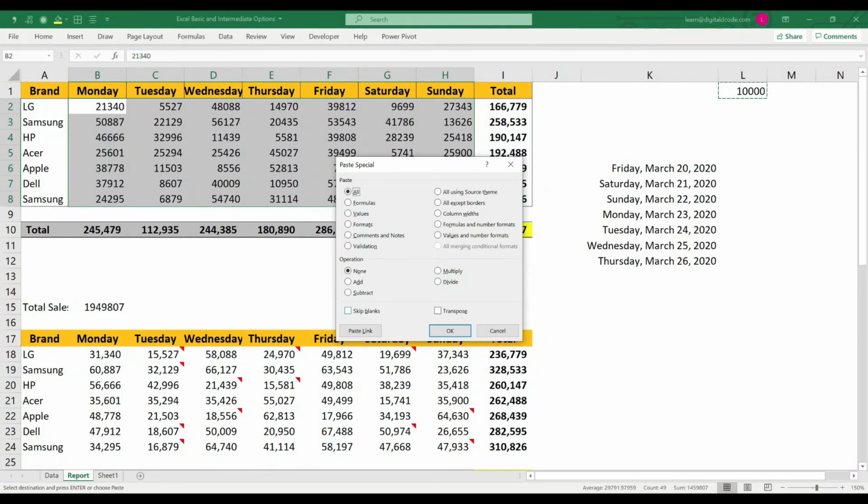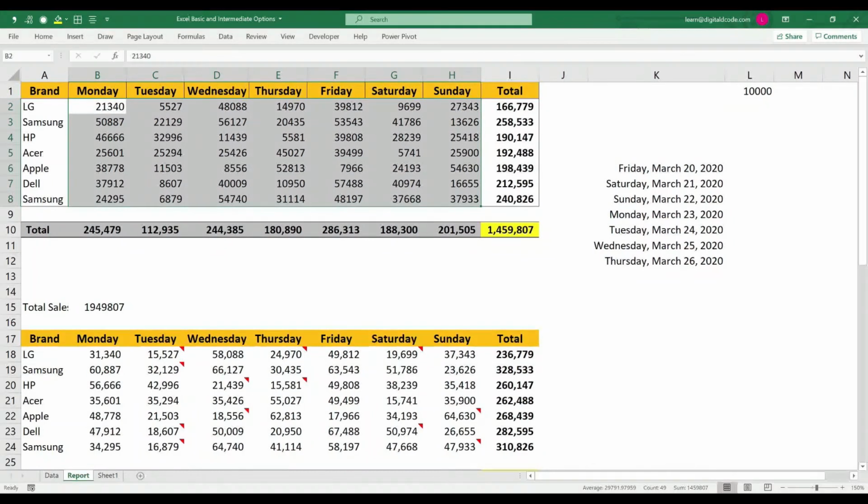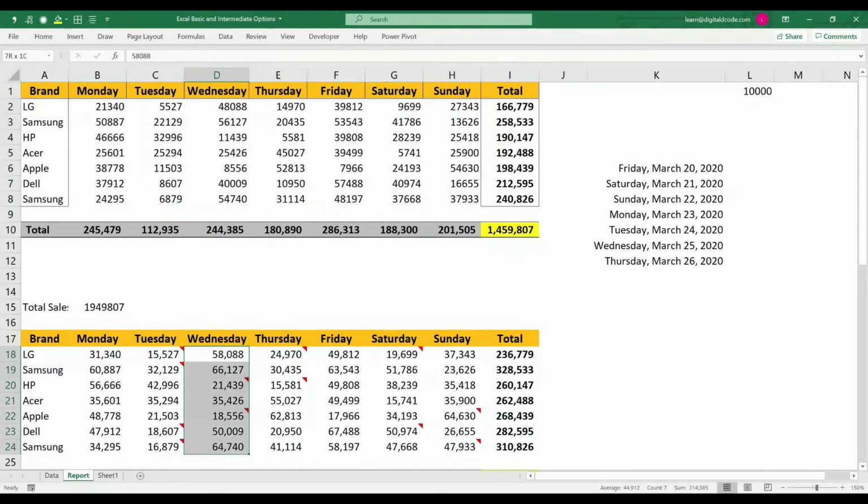Let's do skip blank. Skip blank generally we won't use, still I'll explain. Now I have a table here, and I also have a table at the bottom. Let me delete a few days.